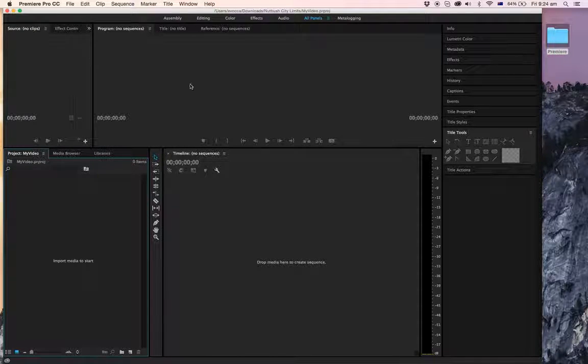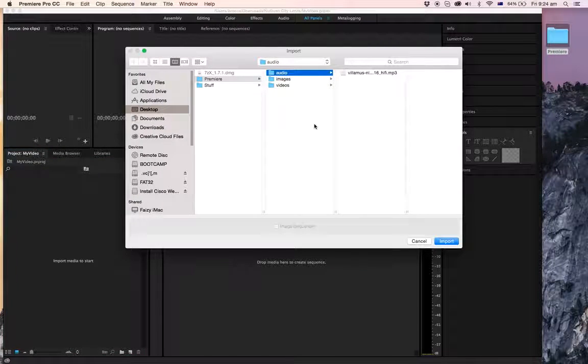So what we're looking at here is all the panels here that you'll need, things like editing your text and editing elements and adding effects. This is your timeline, probably the most important panel to view because this is where you drop your objects on a timeline. This is the preview area of whatever it is that you're creating in your video. And this is all the media. So this is your library of all the elements. So the first thing we want to do is import everything into our library, and then we'll start dragging and dropping it